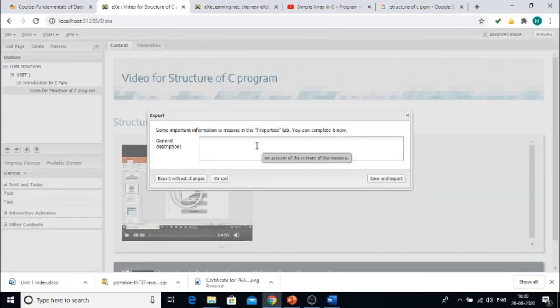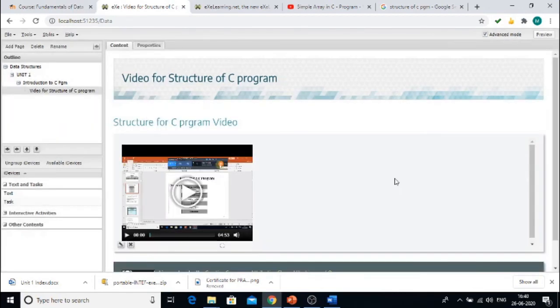So it is asking for the general description, so you add some description. I'm giving it as DS unit 1 materials. Give a general description, then at last click save and export.